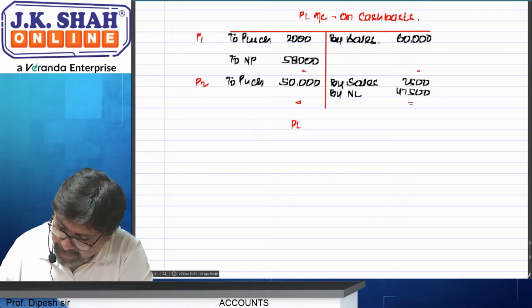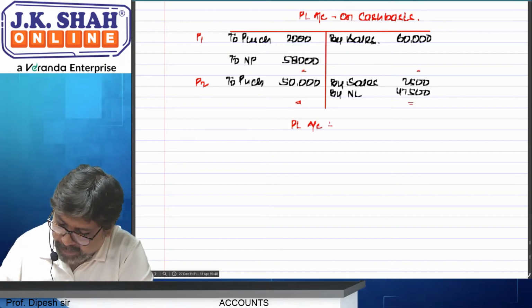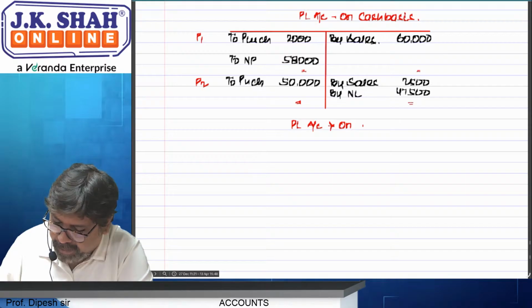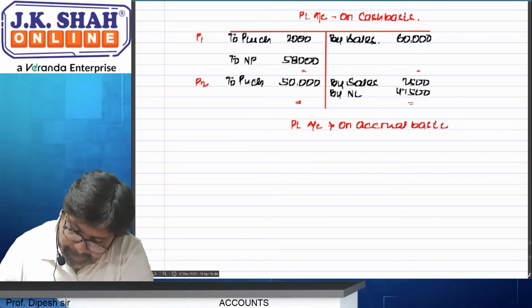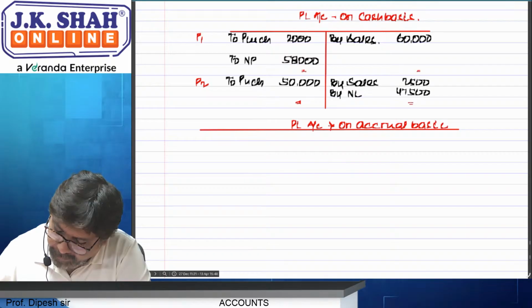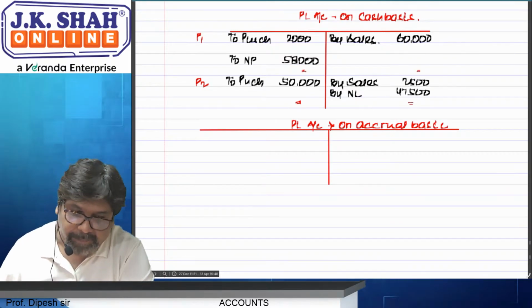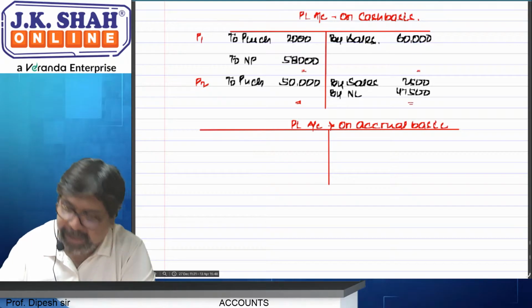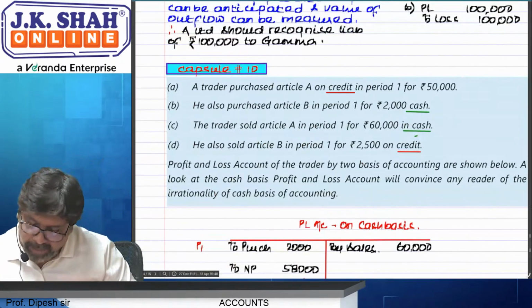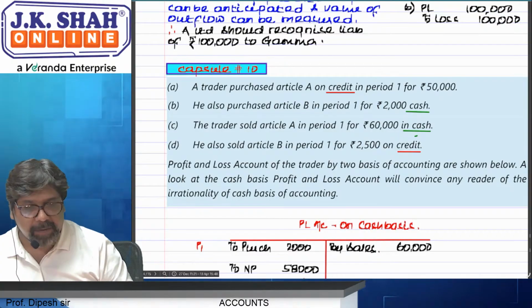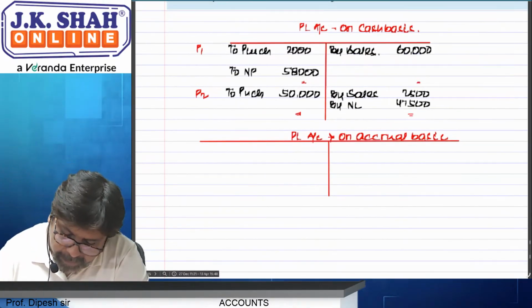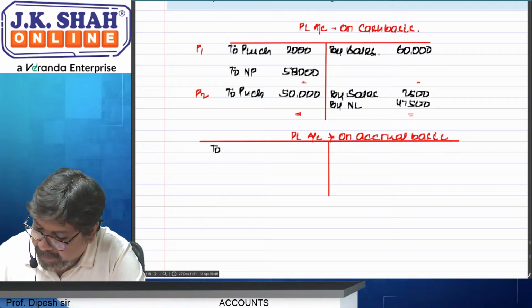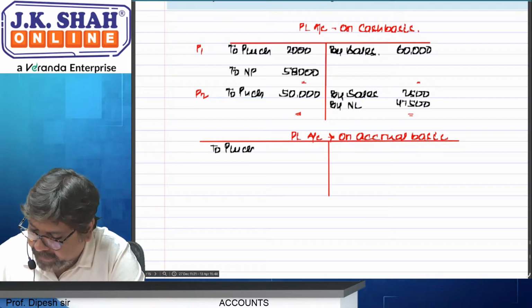This is not psychology ka class. This is accounts में accrual basis. Accrual basis में you will take on the basis of amount of expenses incurred. So how many things you purchased? A and B both you purchased. So two purchases will be how much? Whether you have paid or not paid, that is a secondary factor. But you have purchased worth how much?